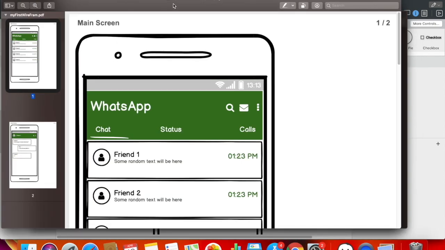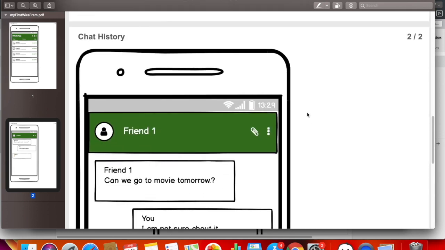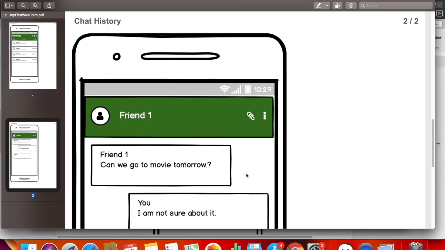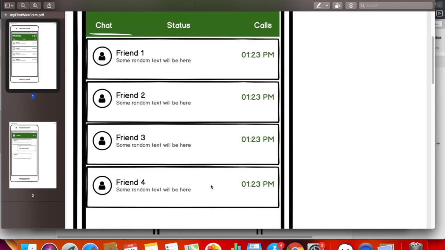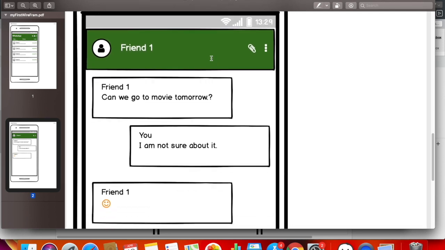Let me open it, and here you go. First screen and your second screen. You can create as many as you want. On the first screen, if I'm hovering my mouse on these three tabs, it's showing me that there is nothing to do. And when I hover the mouse on my friend tab, rectangle tab, it's showing me go to page 2 and a clickable thumb. And when I click on it, it jumps to that particular screen.